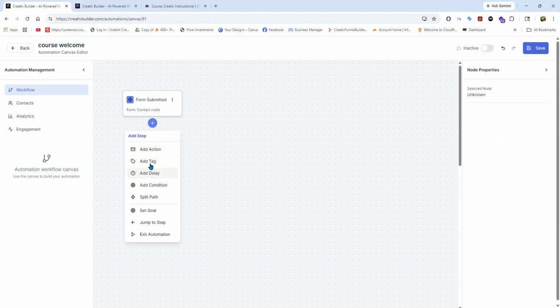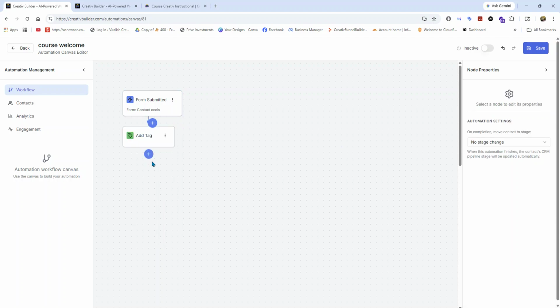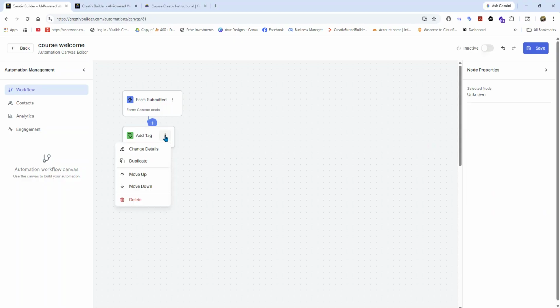And then we'll add a step. We'll tag. So we can add a tag whenever somebody enters in. So you'll put it as a lead, and then we'll click change details, and we can add a tag here. So I'm just going to name it,